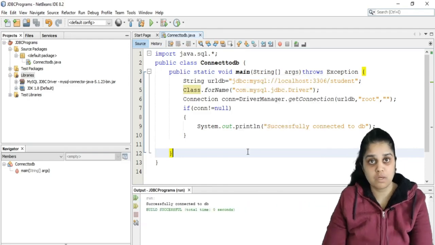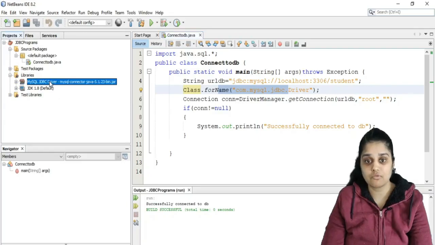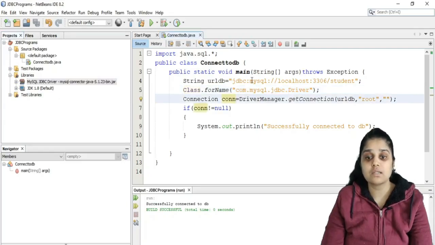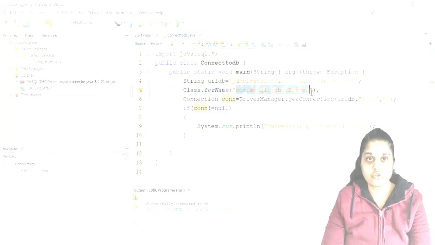This is the most common mistake that students make. They write the name of the driver, they specify it, but they forget to include the connector file. Second most common mistake that students make is some kind of error in specifying the URL of your database. And third kind of error is in registering the name of your driver. The database path as well as the driver name should be written exactly in this specific way only. Okay, so that was an extra tip for today. Thank you.